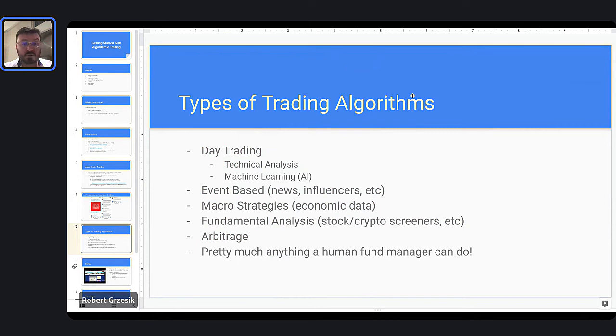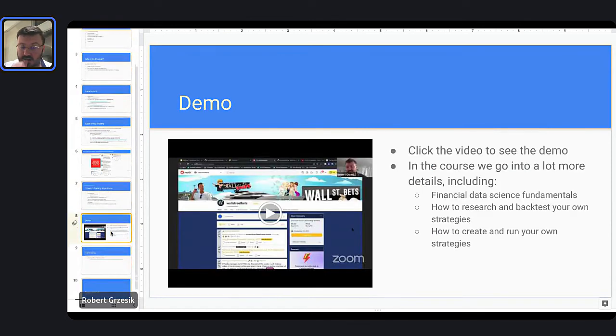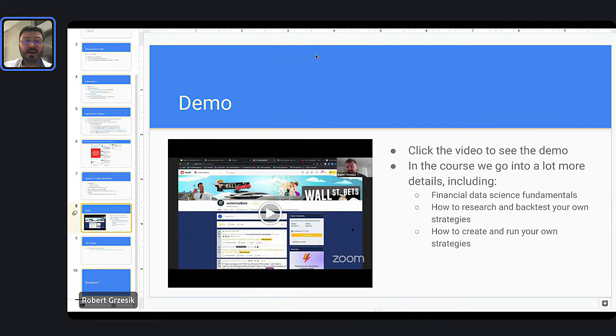There's quite a bit more stuff that you can do, but these are some of the bigger topics or some of the bigger types of algorithms that you can make, right? So hopefully I've given you a good sense of what is out there and what is possible, right? Cool. Okay, so that being said, let's take a look at a couple of algorithms in action, right?